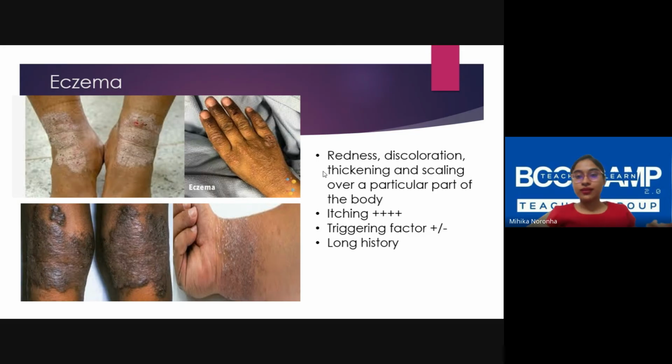Otherwise, just a simple trial and elimination, like say, okay, rubber is not working for you. Sometimes it's not the rubber, it's the pigment in the rubber. So if you change them from the colored rubber chappal to the plain blue and white Bata chappal, they tend to be fine with that. So those kind of small changes, you'll have to look and observe.